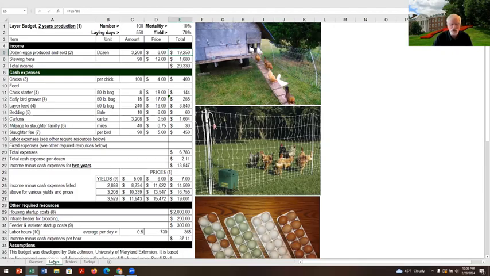And the reason I chose 2 years is that after 2 years, layers start decreasing in their production. Their production starts going down. Now, I know a lot of people that keep them for 3 years. I mean, some people keep them for many years, but that's not economical at all. Some people keep them for 2.5 years. Some people keep them for 3 years. And if you do that, then you need to have a budget for 3 years. I'm going to have a 2-year budget here because I'm maximizing the production yield.